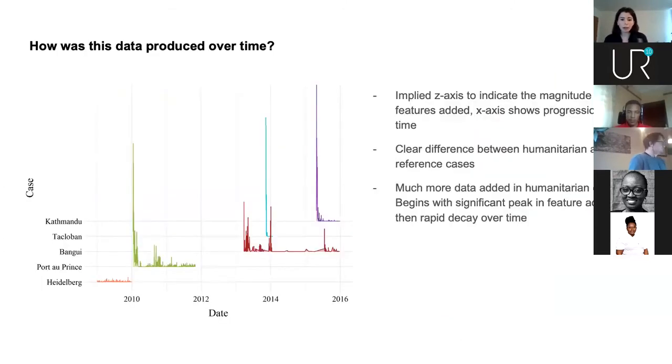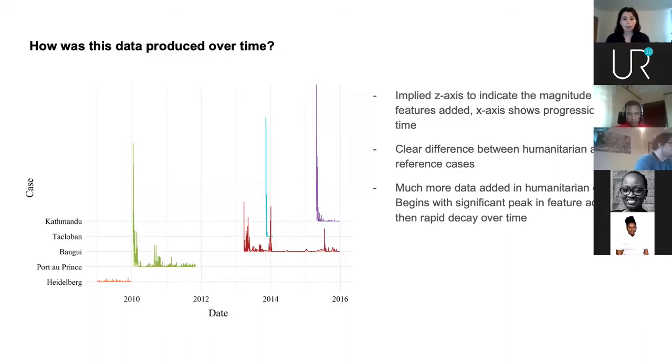And so I used the OSHDB API from Heidelberg to identify all of the features that were created in each campaign, and then analyzed the trajectory of those features over time and took a look at what actually happened to that data. So this figure here just shows some useful context for the volume of features that were produced over time for each case study. And I think here we can see pretty clear differences immediately between how data was produced in the humanitarian cases in the top 4 and the reference case that we see on the bottom of the figure here.